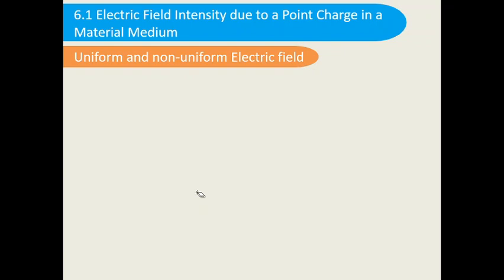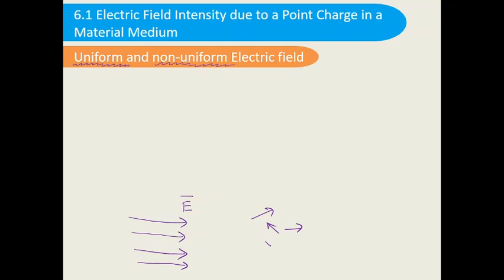The next one we are going to learn is the uniform and non-uniform electric field. So when can we say that the electric field is uniform and when non-uniform? If the electric field is constant, not changing, it is like this: parallel lines which are equal in length, equidistant from each other, and in the same straight line. This is called a uniform electric field. While non-uniform electric field means the electric field like this,